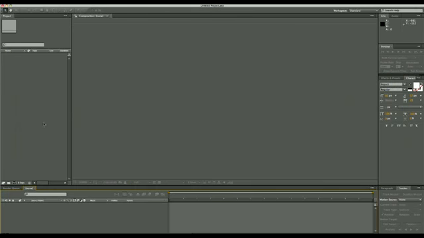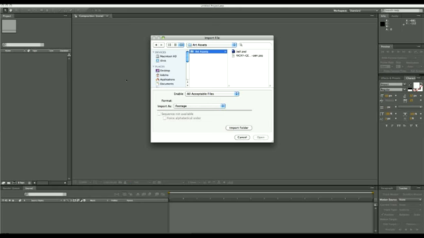Okay, coming back over here to Adobe After Effects to get started, the first thing I'm going to do is click on my asset bin, or double click on it rather, and that will open up the import file dialog. Now go ahead and navigate to your project folder, to the subfolder, and I'll use Shift and select both